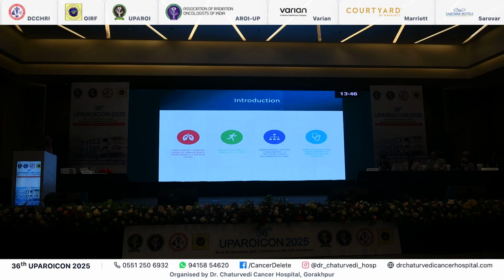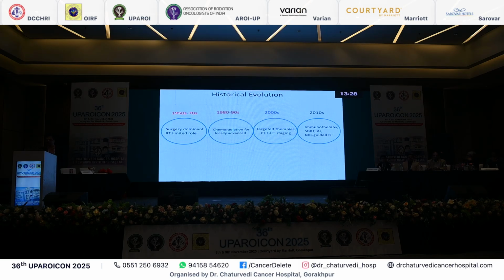But as the treatment has evolved in the last 2 decades, there has been a significant improvement, whether in radiation or in chemotherapy, and now we are treating it as a precision-based guided multimodality care. But still, the early diagnosis and management remains the key. The earlier we diagnose, the higher chance of survival there is.